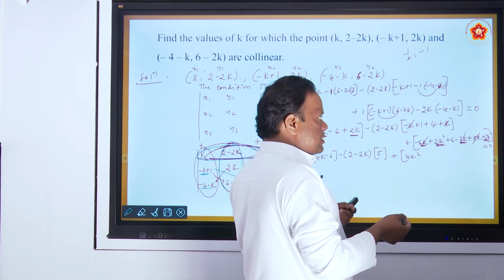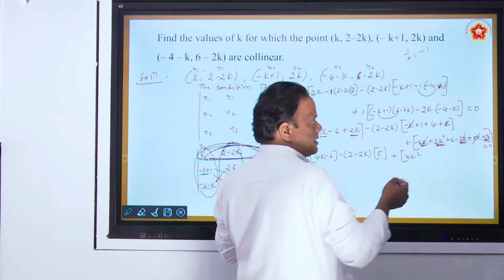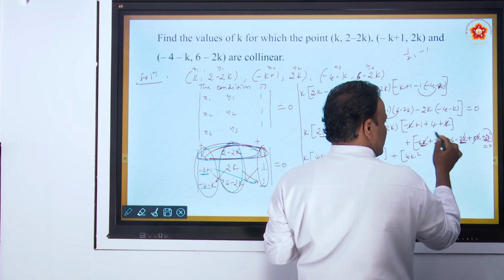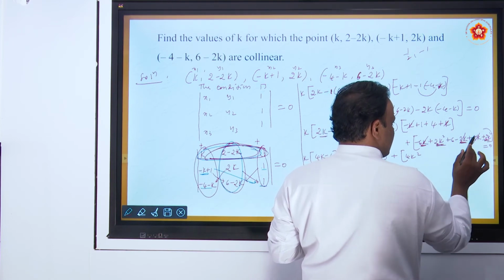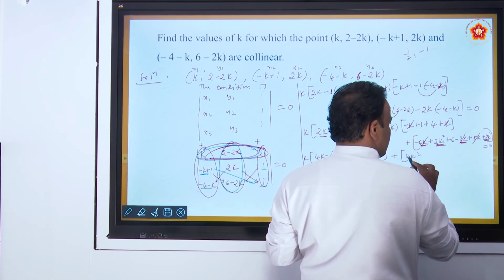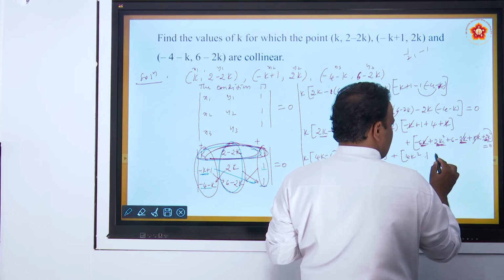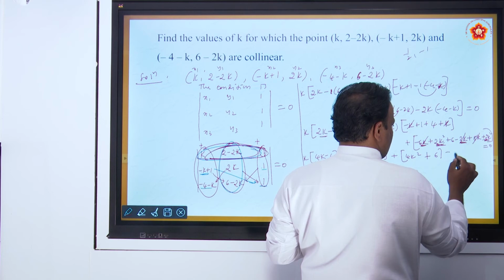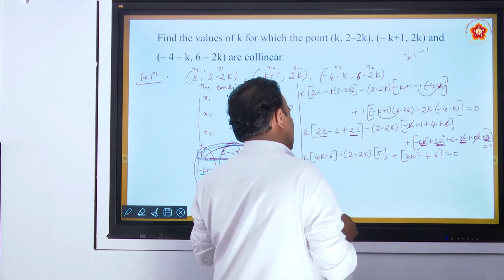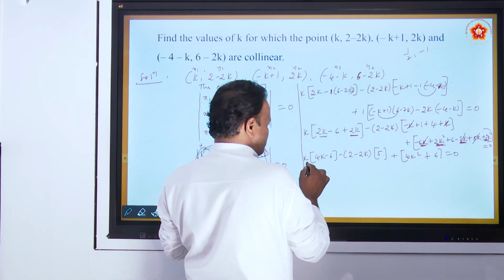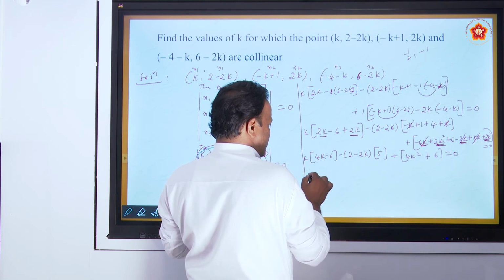You write one more step. I cancel directly here. Minus 6k minus 2k is minus 8k, minus 8k plus 8k get cancel. Only remaining 2k square plus 2k square, 4k square plus 6 is remaining here. Only remaining 6 equal to 0. Okay. Now multiply k to bracket, k into 4k square, this is 4k square,